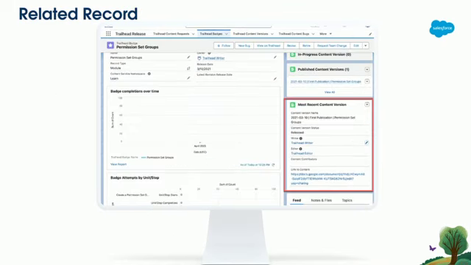And then the next thing we have is a related record. In this case, we are pulling in a parent record, so this badge has something called a content version. And so we can pull in this lookup. There's a lookup field on the badge. We can pull in that field and pull in information from that object, and they can edit it without leaving